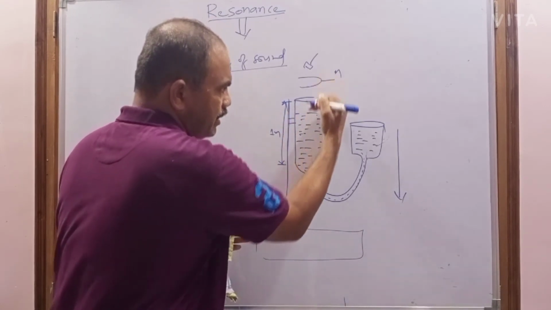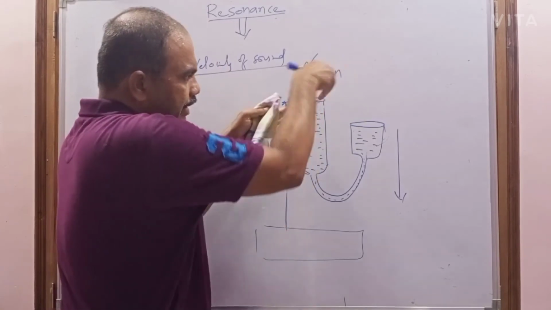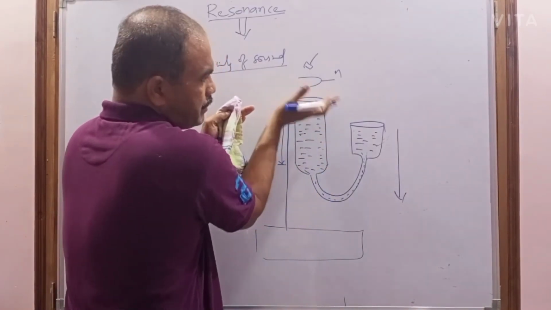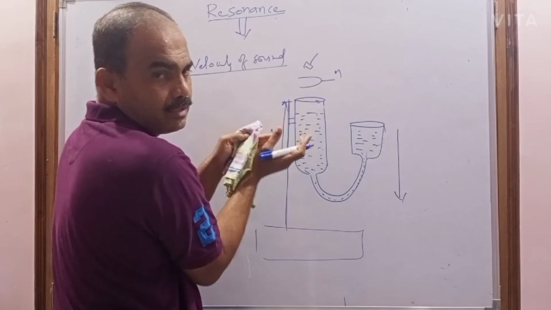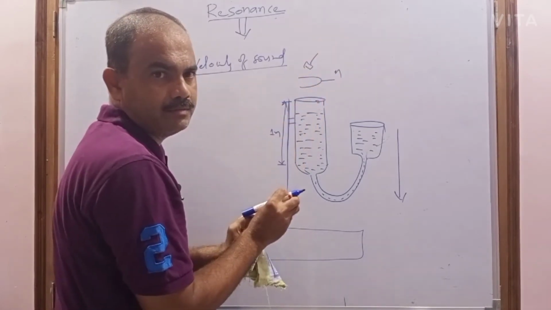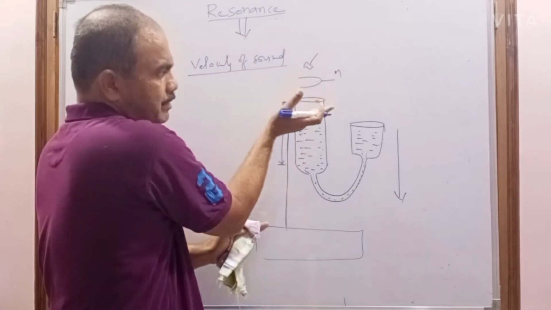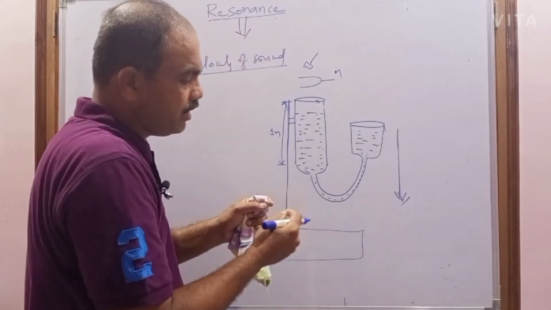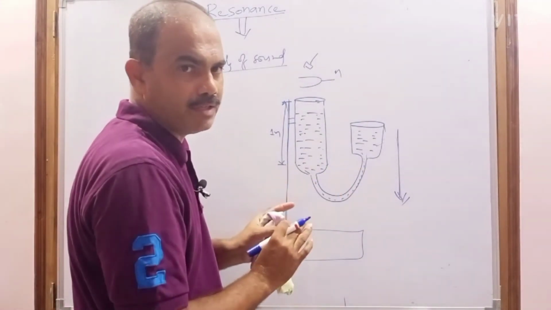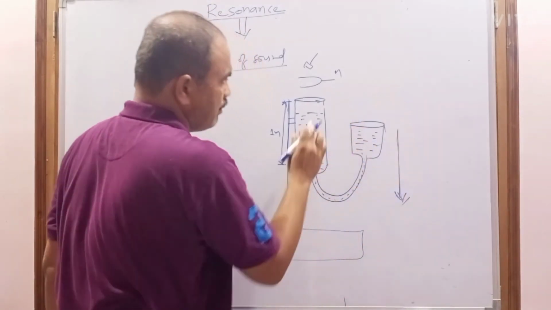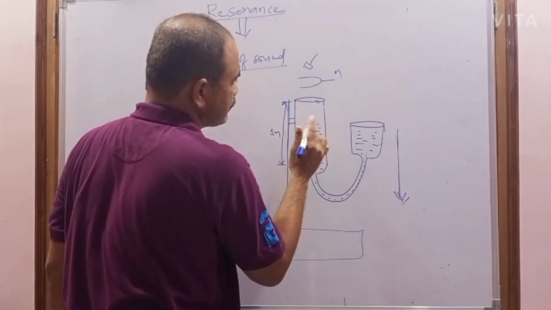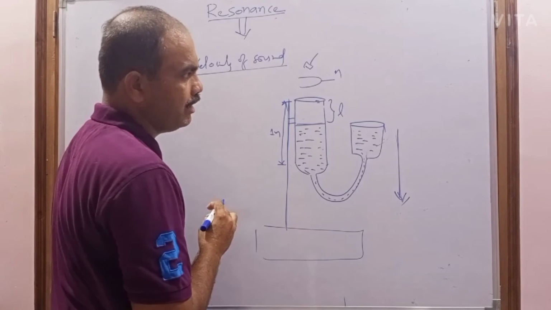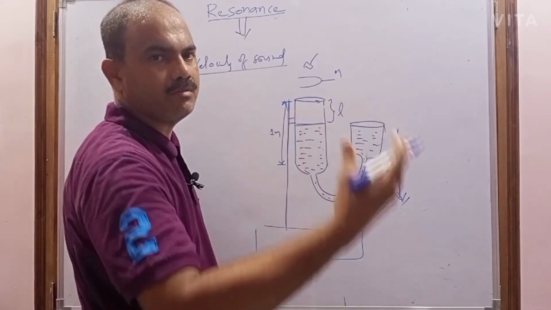The water in this closed pipe gradually decreases and the space is filled with air particles. When the water level decreases, some space exists, and that space is occupied by air. When we keep lowering, you start hearing the sound, but it is not maximum initially. But when you lower the reservoir to a particular length of this air column, you can hear the maximum sound.